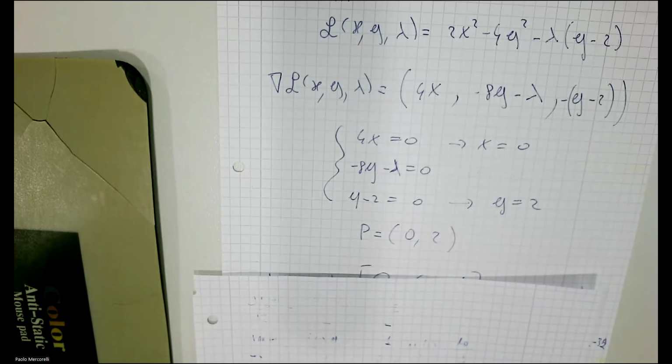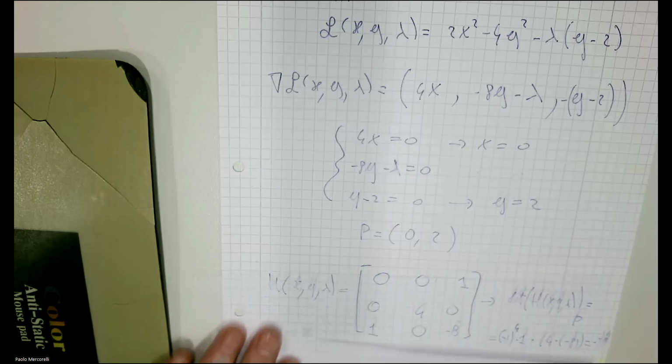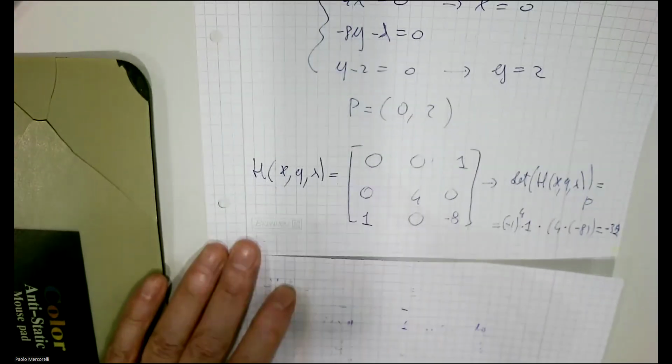does not mean that this is enough. This is not enough to classify. We have to consider the second derivative. I don't know if you remember. In our case, we have a particular second derivative because we have a Hessian, a bordered Hessian. Look. If you look at the memorandum,